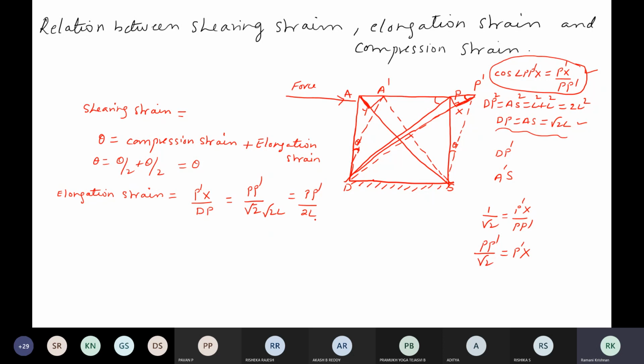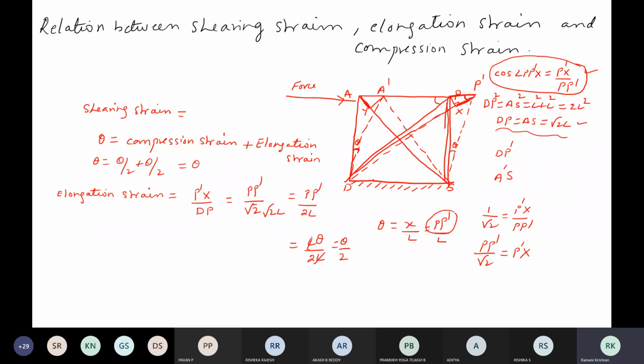Isn't it? Then what else did I say in this diagram? Okay, I'll highlight it. In this diagram, we know that theta is equal to x by l, because theta is small, we take tan theta as theta. Theta is equal to x by l, or here I'm not using x, which is equal to pp dash by l. So instead of pp dash, I'll put here L theta. So L theta by 2l. So this is equal to theta by 2.